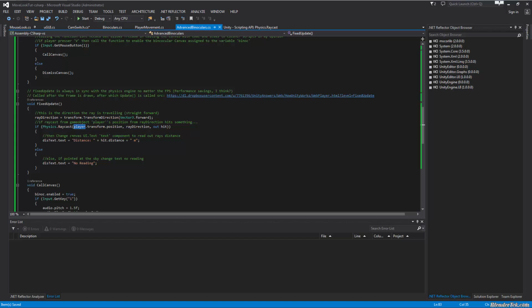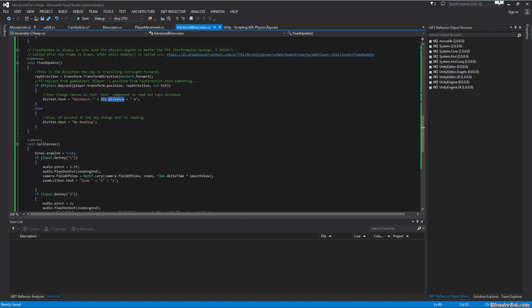And if it hits something, then it changes the canvas's text to distance plus the hit distance. So we have our variable hit, and we have our variable, dot distance is just a method of the raycast function, plus m for meters. And then if it doesn't hit anything, it just simply changes again the